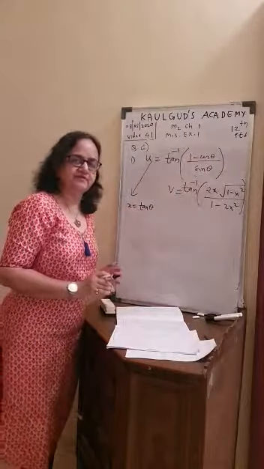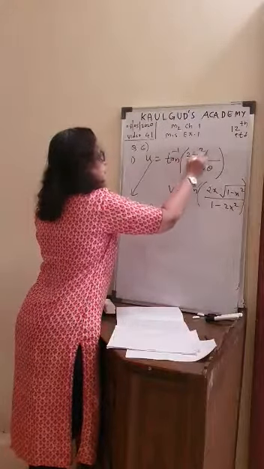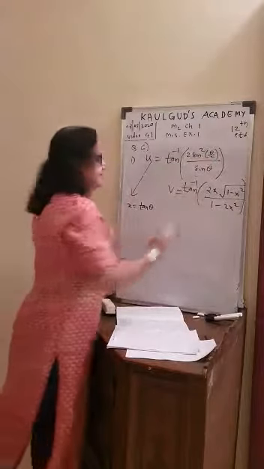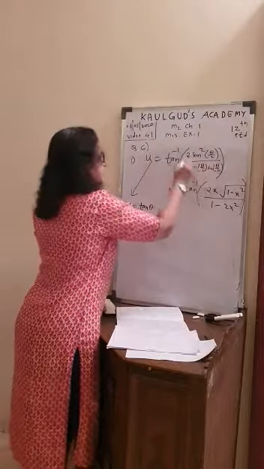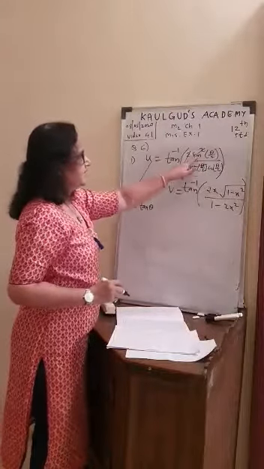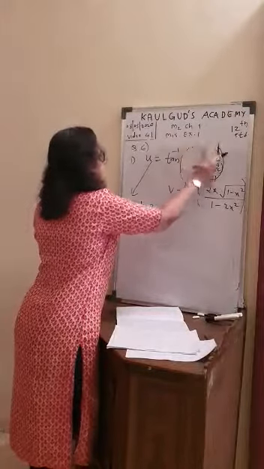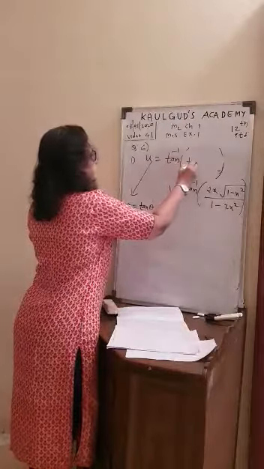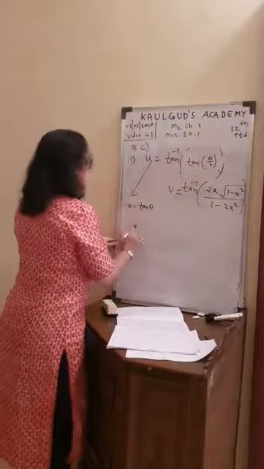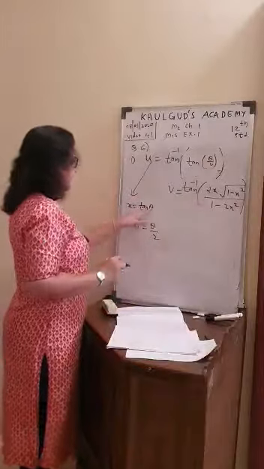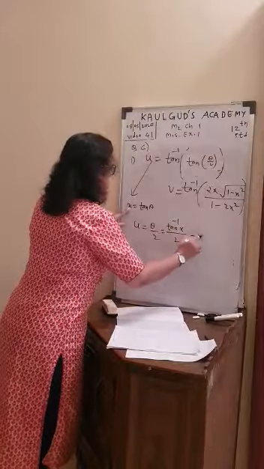By now all the formulas you know very well. 1 minus cos theta, what is the formula? 2 sin square theta by 2. And sin theta, what is the formula? 2 sin theta by 2 cos theta by 2. 2 and 2 gone, 1 sin is gone. What remains? Sin theta by 2 upon cos theta by 2. Sin upon cos, tan. So in the bracket you get tan theta by 2. Now tan inverse of tan theta by 2. So u becomes theta upon 2. And theta means tan inverse x. So it is tan inverse x whole thing upon 2. Call this second.